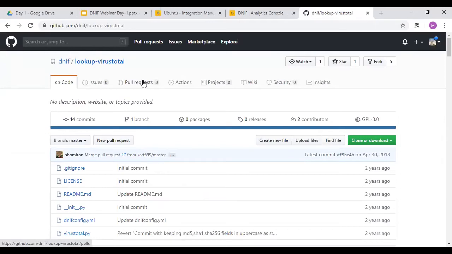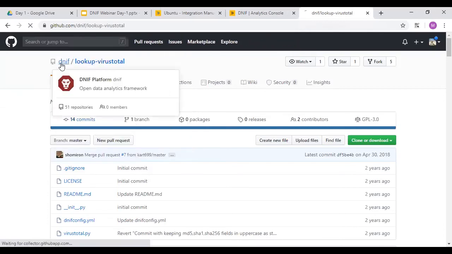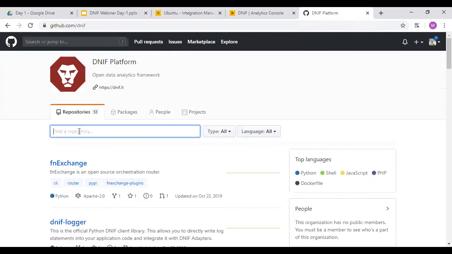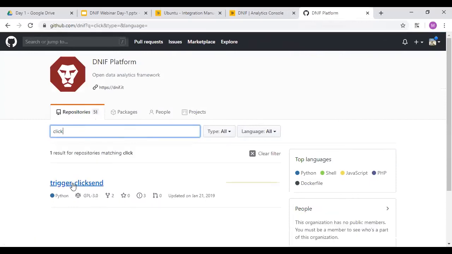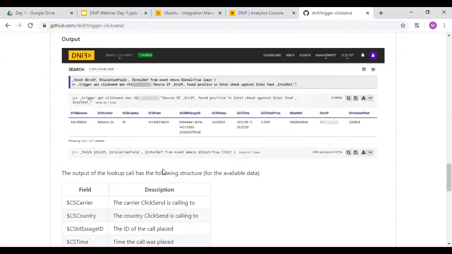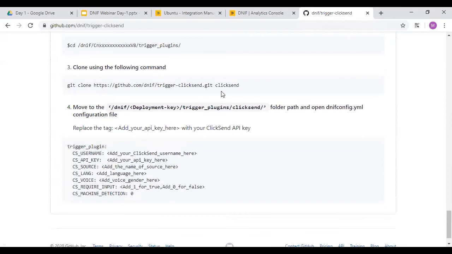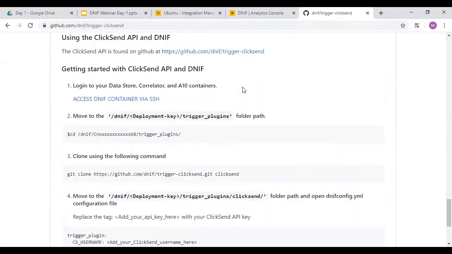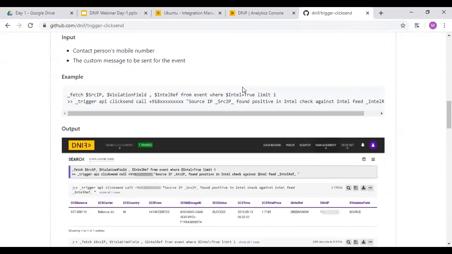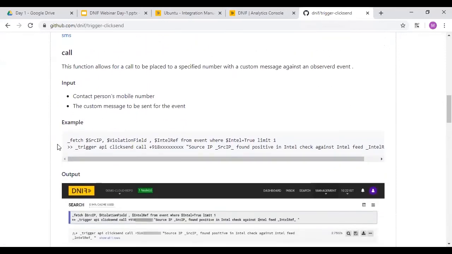Now, as an example, I want to show you ClickSend. I'm going to take a volunteer whose mobile number I will put in, and I want to show the output you get for a trigger, in case I want to give a call operation.